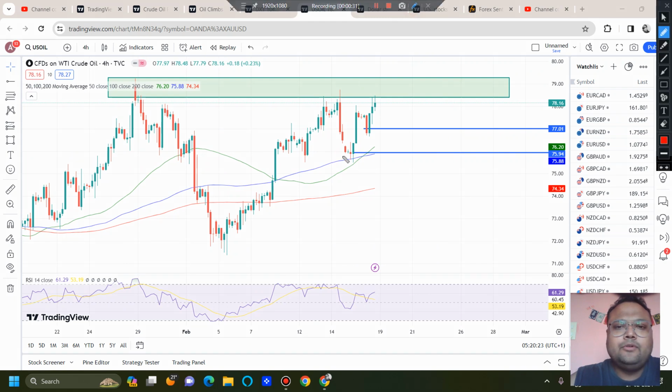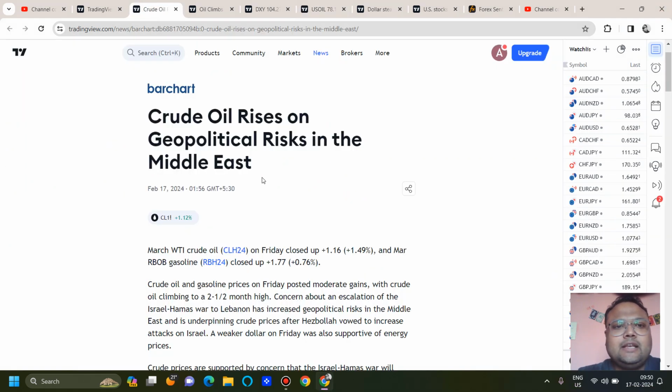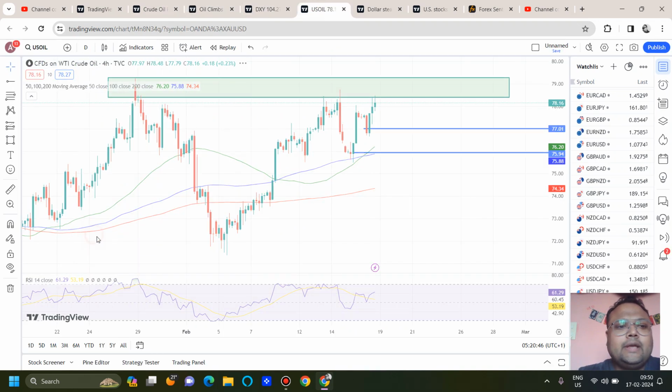So my dear friends, if you already have a buy position, you can stay on the buy position because in the next few days there is a high chance that we will see further upside on US oil, and the reason is the market sentiment. You can see crude oil rises on geopolitical risk in the Middle East. Oil climbs to 11-week high, and if we look at the daily chart of US oil, we can clearly see